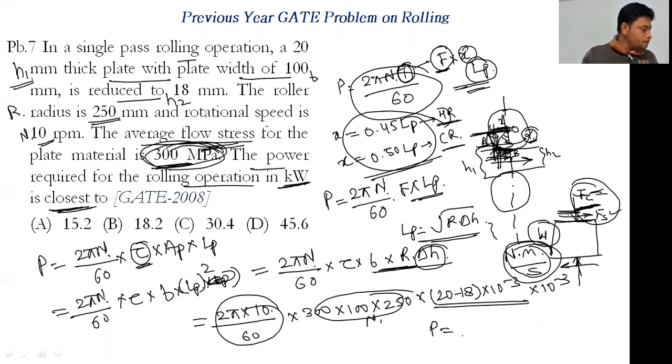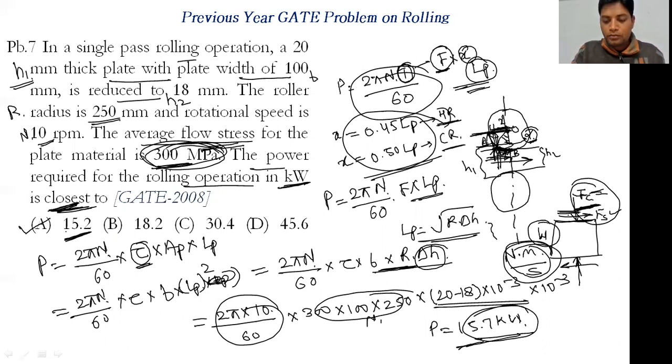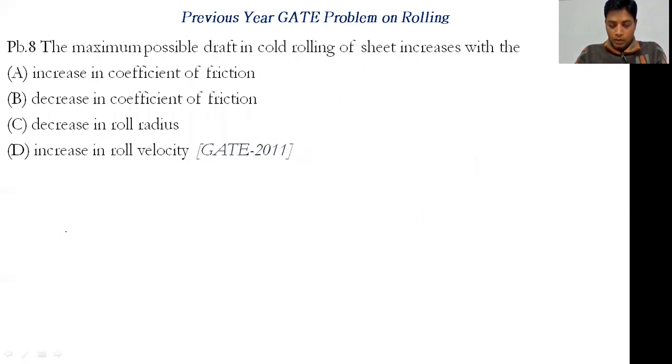When you calculate it, what I am getting is 15.7 kilowatt. Again, I am not getting the exact value given in the options, but still we have to find the closest value, so this will be equal to 15.2. Okay, so the option will be A. इसीलिए मैंने बोला था कि इतने सारे कंसेप्ट हैं, क्योंकि फॉर्मूले को एलेबोरेट करके लिखा हुआ है और देन वी आर जस्ट पुटिंग द वैल्यू, तो इससे ज्यादा टफ हो नहीं सकता। ठीक है, सो लेट्स मूव टू द नेक्स्ट वन।